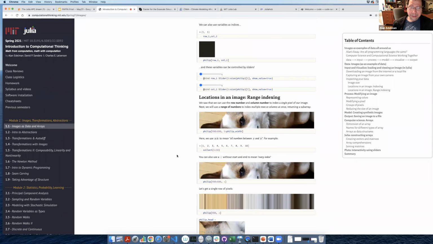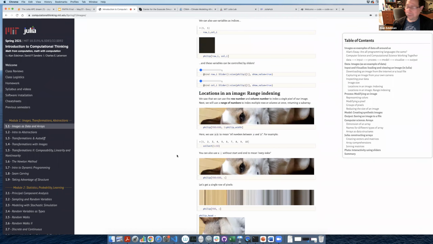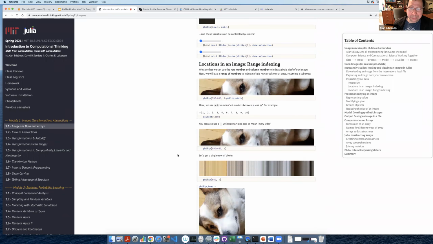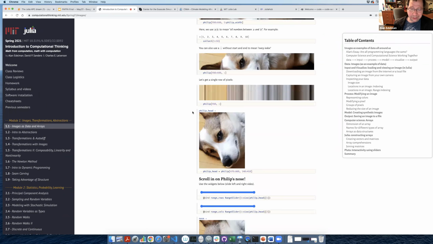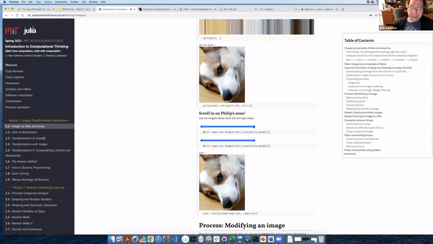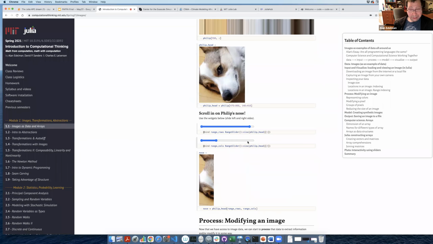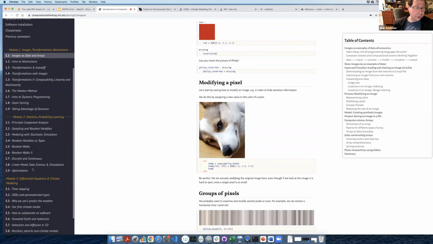Here is my corgi Philip, who I'm surprised is not barking yet, but you might be treated to his barks before the hour is up. You can just see playing, a lot of interactivity, which everybody likes. The students like it, so we put a lot of interactivity into all of these.